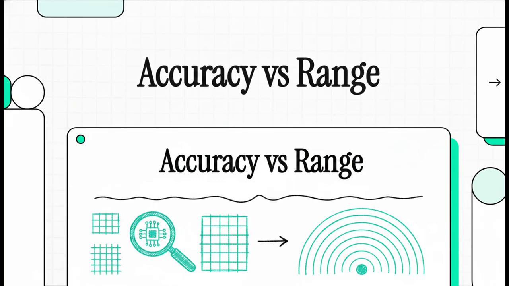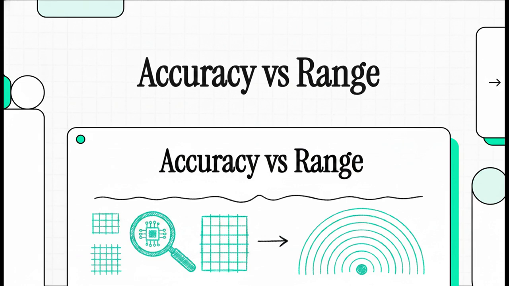Welcome to today's explainer. We rely on our computers for absolute, unquestionable precision. But what if I told you that every single data format inside that machine is actually a carefully calculated compromise? Today, we're diving into the fascinating world of computer memory to unpack a fundamental limitation of computing, the accuracy